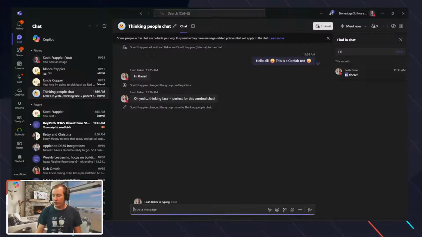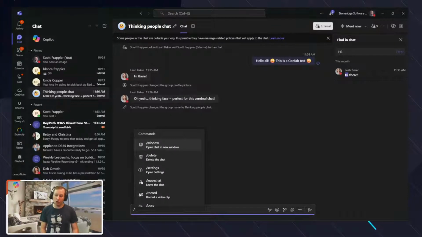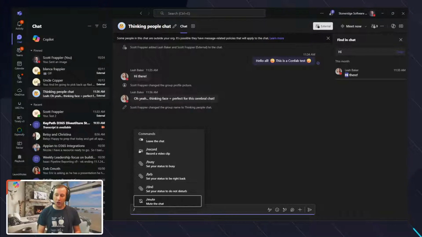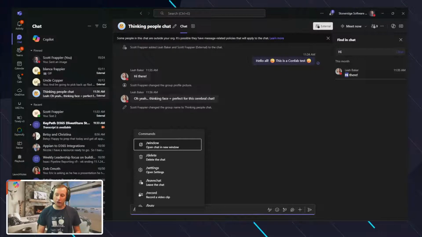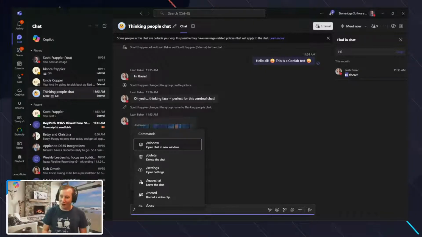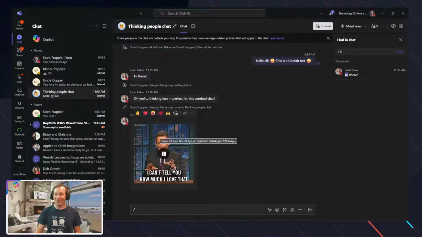Now, other things that you can do inside of here, right? So I'm going to do a /, and this is something that a lot of people don't know about. And it's actually a really critical feature, but inside of Teams, remember, the / has context and meaning, right? What I mean by that is that if I'm in a chat and I do a / as an example, you can see that I have all these different types of commands that I can issue as part of that, right? So looks like Leah's got, how much I love that, right? Yeah, amen. And then I can maybe do 100, right?